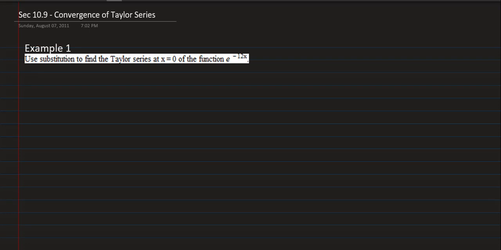Section 10.9 is the last section we're going to do in Chapter 10. This is the last section that's going to be on your exam 4. So this is the convergence of Taylor series, and we're going to start out today with picking up where we